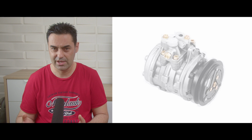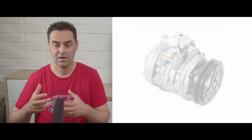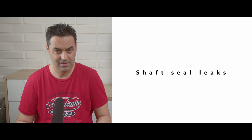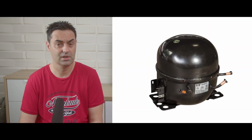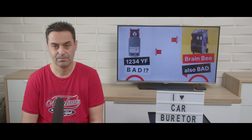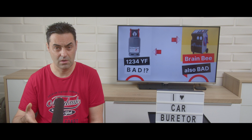AC compressors for ages use this super bad approach with accessories pulley. On the AC compressor shaft there is a seal that always leaks and often is difficult to find. Why don't car manufacturers switch to AC compressors like those found in home refrigerators, for example, that are welded and almost never leak? If you think that my words are just a simple hate, you are wrong,